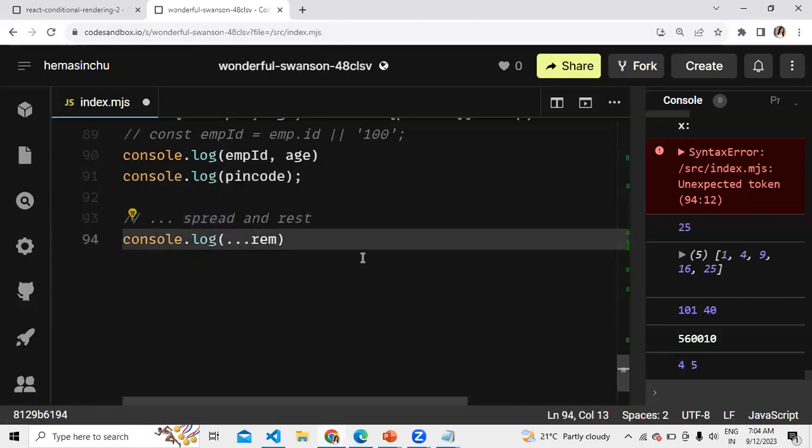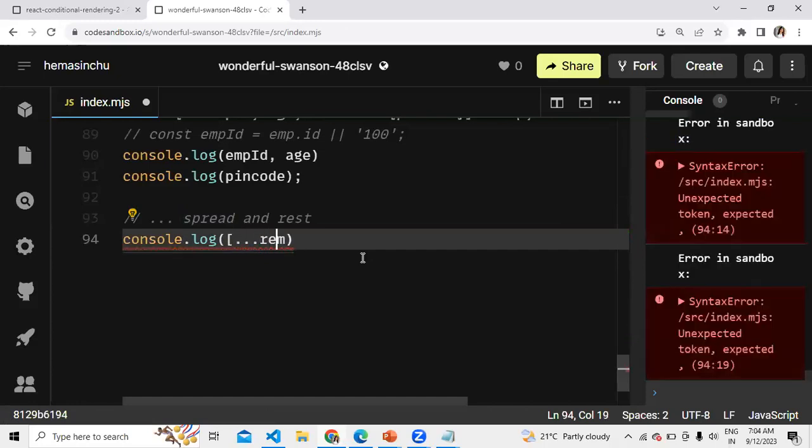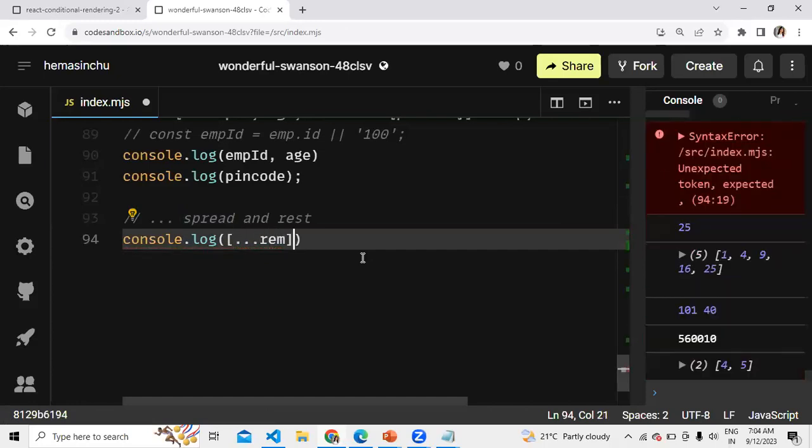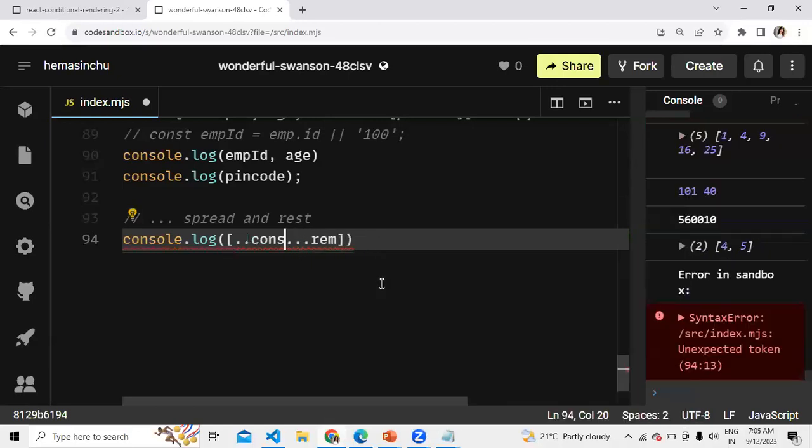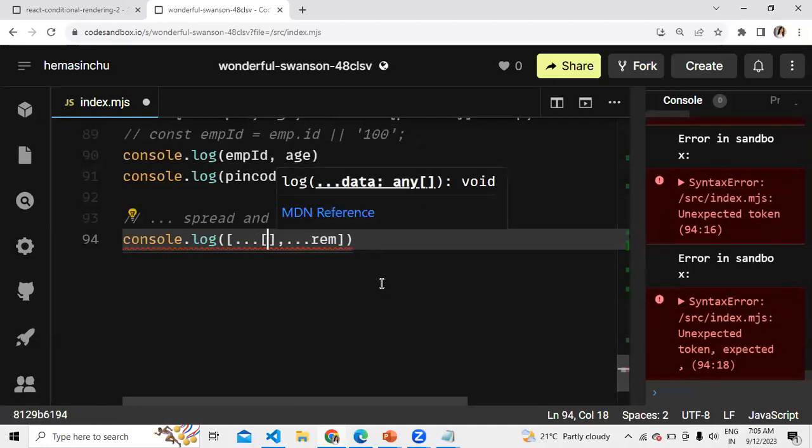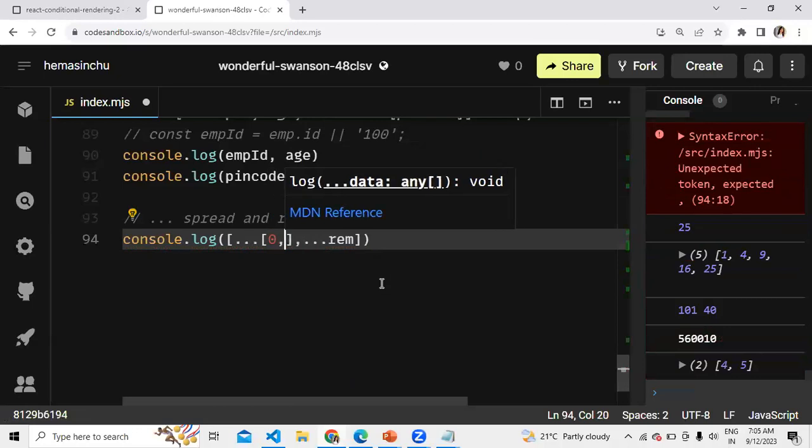A use case of spread would be, what if I want to concatenate two arrays, or make a new array by cloning that array? It does a shallow copy. Assume I have another array with a few elements: 0, 1, 2, and 3.